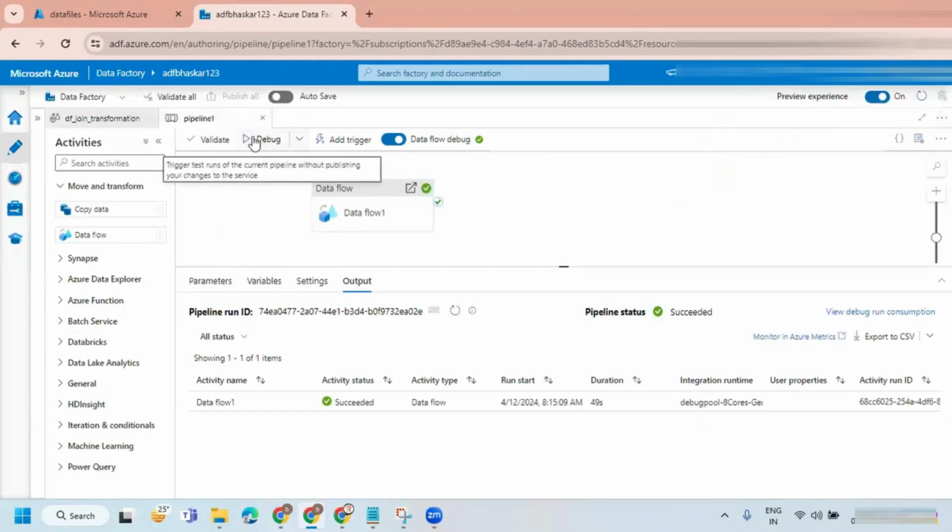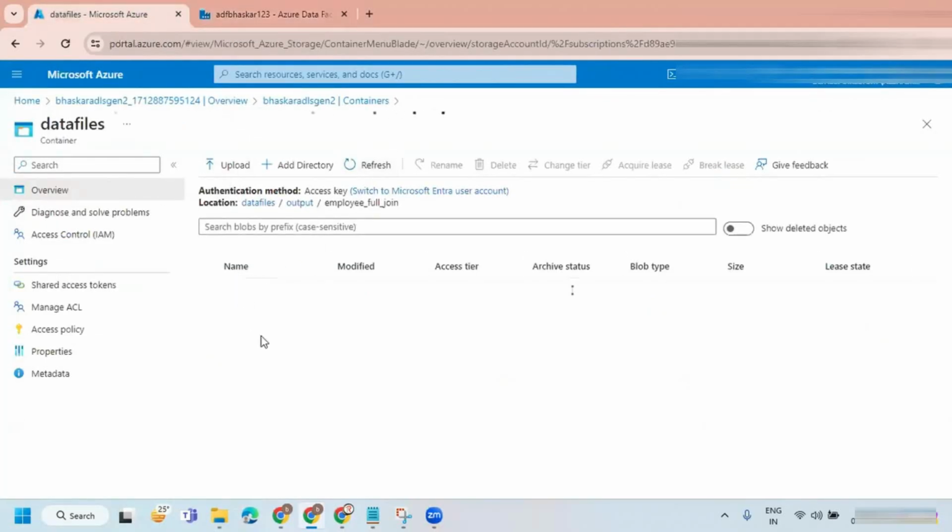Let me redebug it. Before that, I'm just going to remove the file. I don't have any files here.